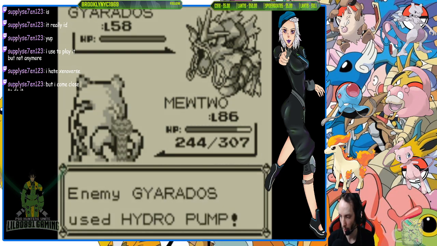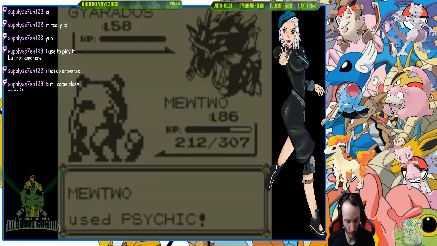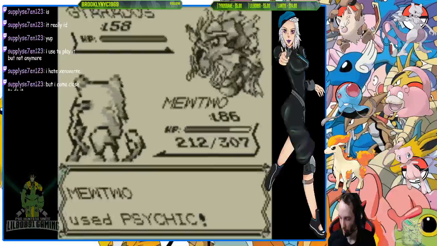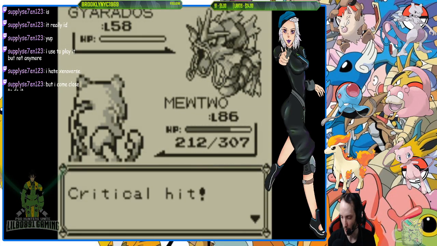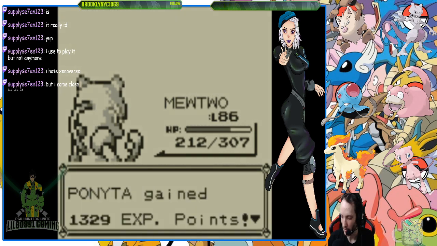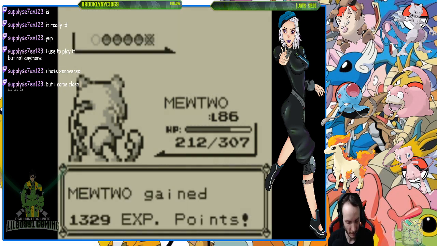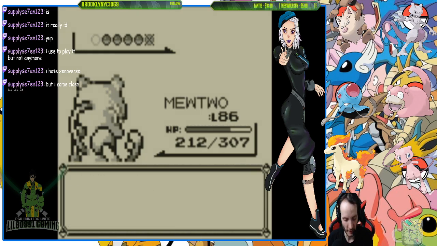This is where I would prefer to move around the UI, because this is where I would love to make run the first option now. I almost ran in my game. Whoops. Before you know it, in my main game, I'm going to hit run, and then in the other game, I'm going to be throwing Pokeballs, thinking I'm attacking. That's hilarious. That's very hilarious. Throw balls and then run.